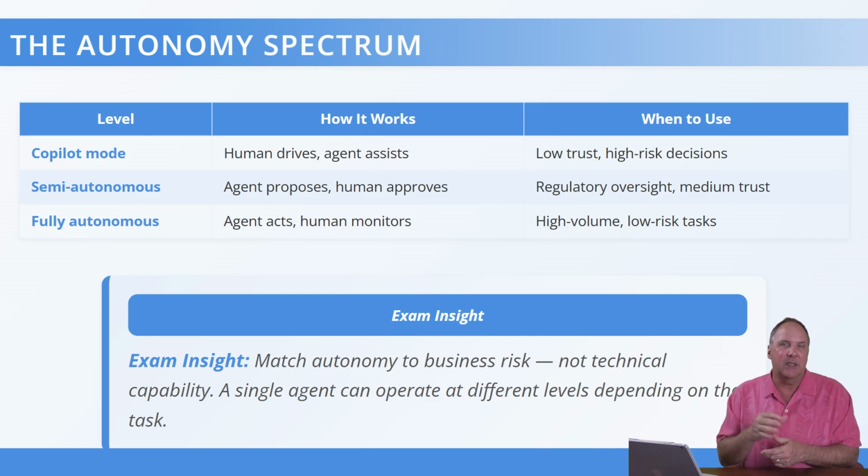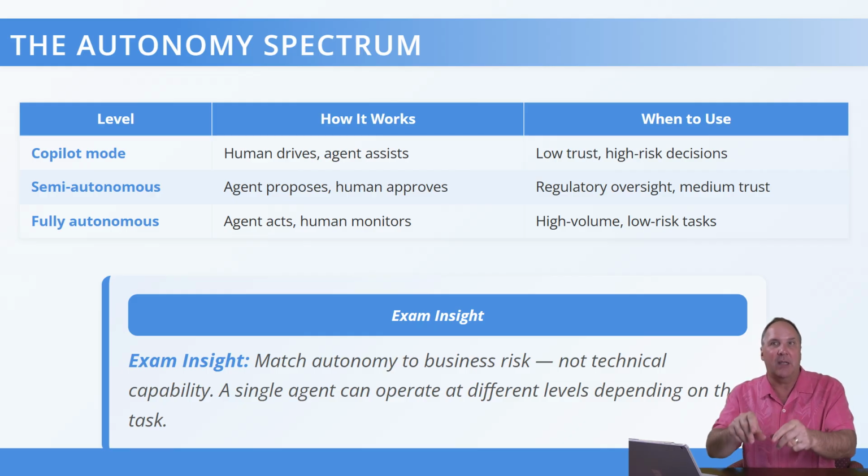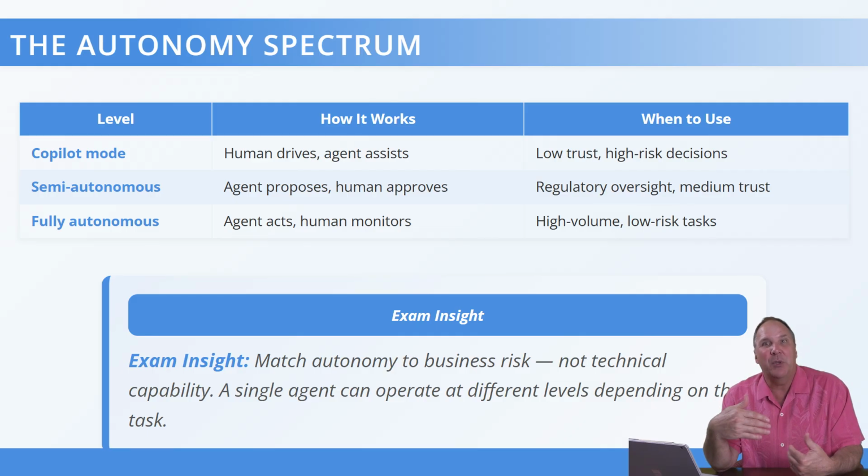So here's a key exam insight. The right level of autonomy isn't a technology decision, it's a business risk decision. Can the company afford the consequences if the agent makes a mistake? If the cost of an error is low, then automate. If it's high, keep a human in the loop. And one more thing,